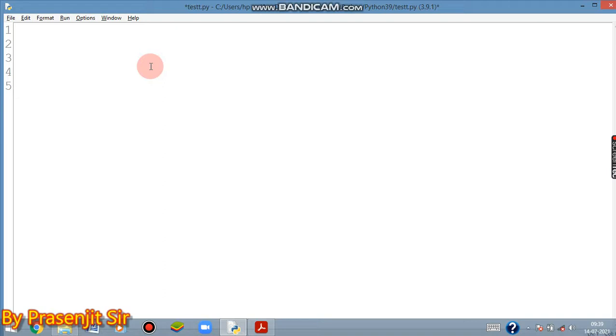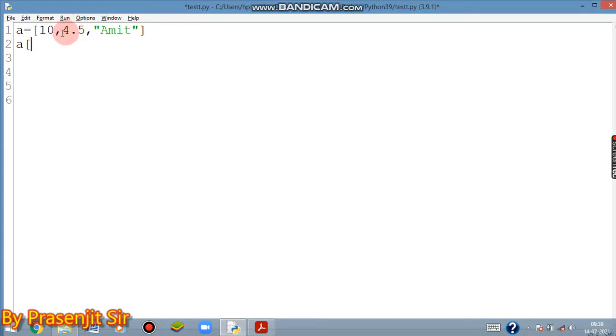Let's start. Firstly, I will take a list. Here I am defining three types of values: one integer, one floating point, and one string, suppose Amit. You know that if we want to change the data inside the list, we can simply do it by index. So the first is position 0 index, then 1 index, and 2 index.